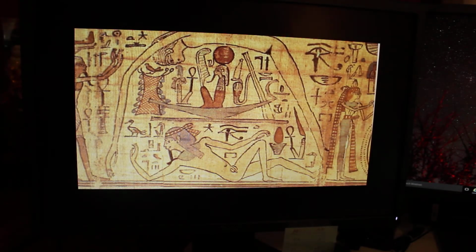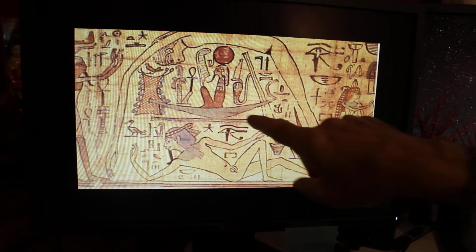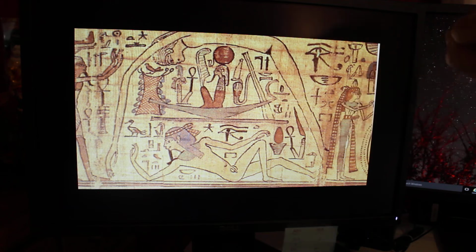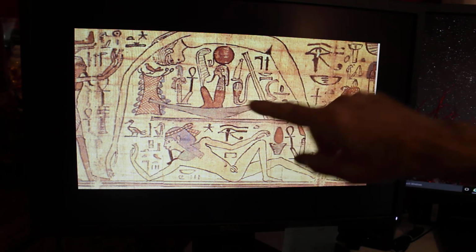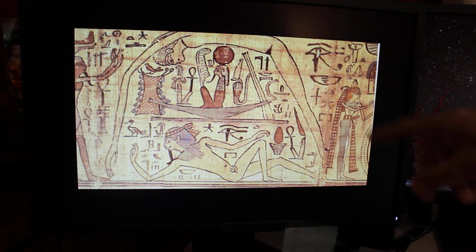Okay? Now, if you look, here is another representation of it, where here is the sky goddess Nut. This is Jeb down here. This is a pharaoh. They often represent a pharaoh in a boat because the boat was the means of transportation at that time and how they were in this world.